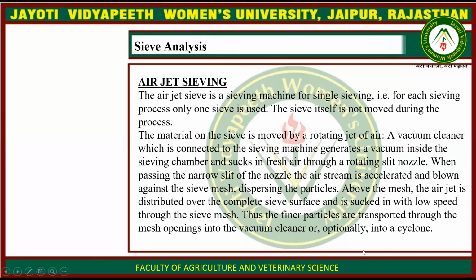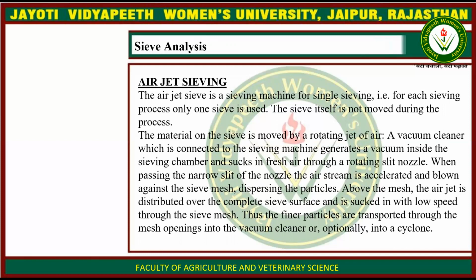Then air jet sieving. The air jet sieve is a sieving machine for single sieving, that is, for each sieving process, only one sieve is used. The sieve itself is not moved during the process. The movement on the sieve is produced by the rotating jet of air, and a vacuum cleaner which is connected to the sieving machine generates a vacuum inside the sieving chamber and sucks in fresh air through the rotating slit